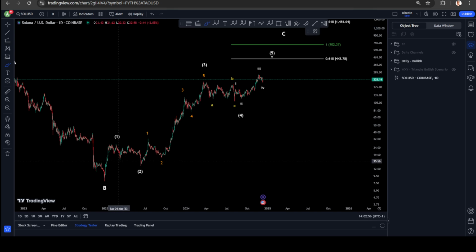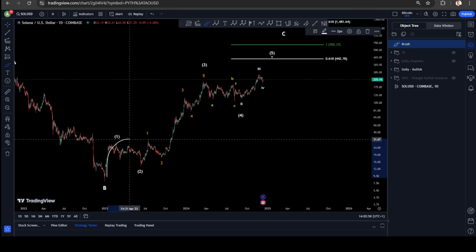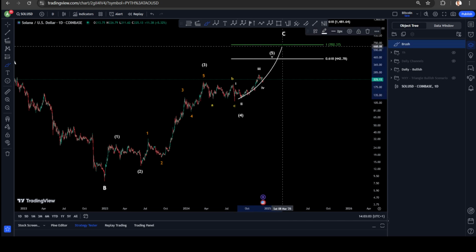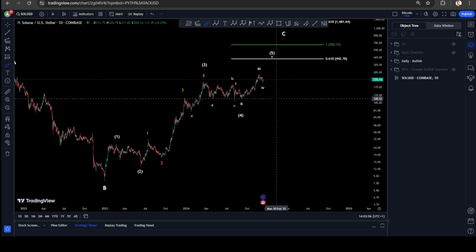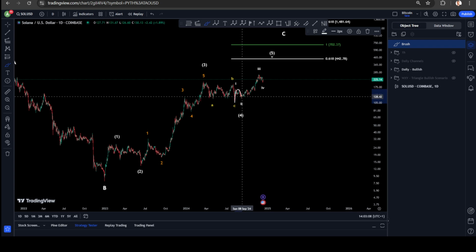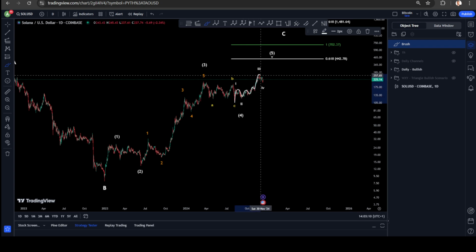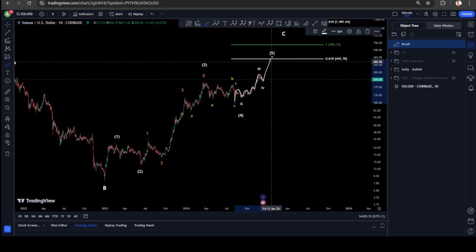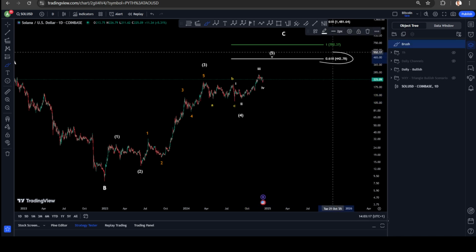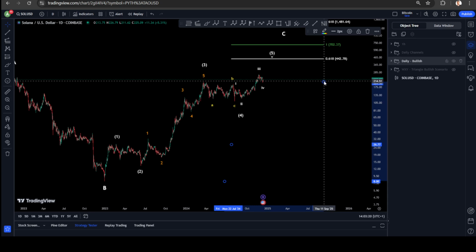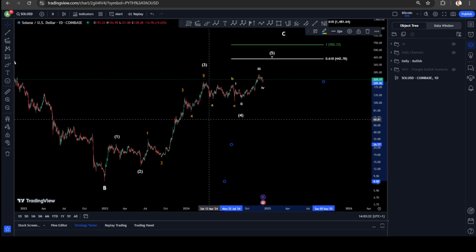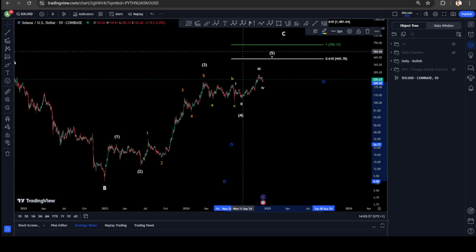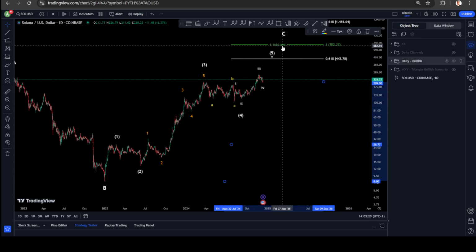Starting on the daily chart here, we are looking of course at our impulse 1, 2, 3, 4, 5 for this cycle, and we're still looking for a wave 5 to finish. We are on the daily chart and we are looking at a 1, 2, 1, 2, 3, 4, probably finished, and we are still looking for a wave 5 to hit around the 0.618, taken from your wave 1 and your wave 3, to get the 0.618 as minimum target for the full impulse.